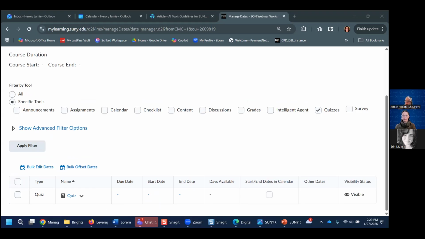I have a chat in private chat about whether or not you can apply a rubric to a discussion in Brightspace, and you absolutely can. So if we have time at the end, we'll come back to that. All right,